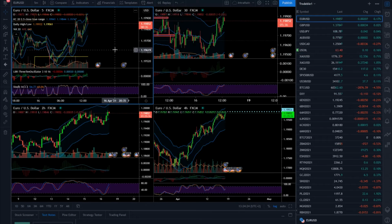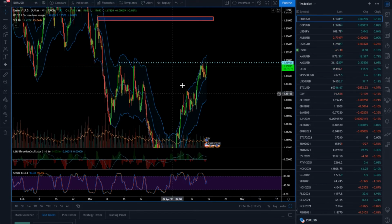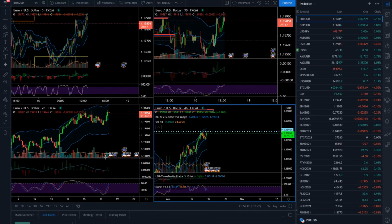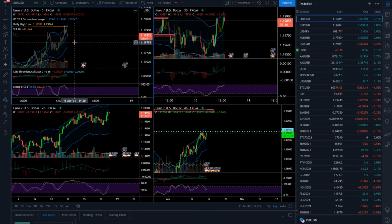The last one that I decided to cover today is the euro versus US dollar. On this one, there is an important pivot at 1.1993, and we got a pullback into the mean on the 4-hour time frame, and now we try to retest that zone again. I can see that this currency pair is trying to break upside. We found some sellers at the previous day high, so I would say